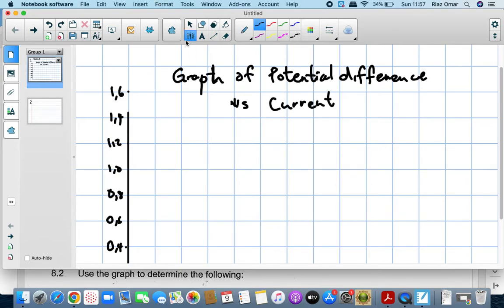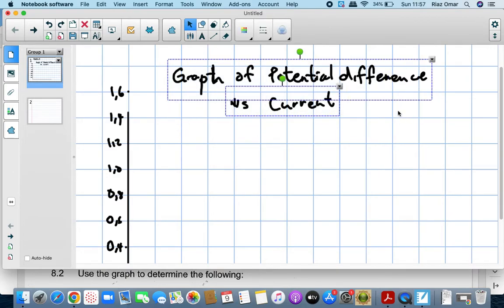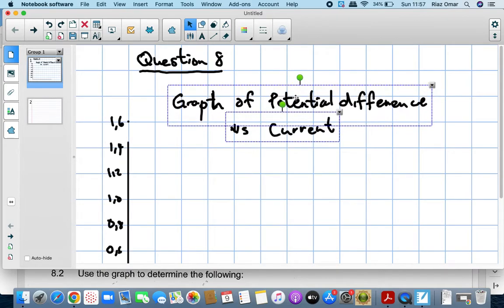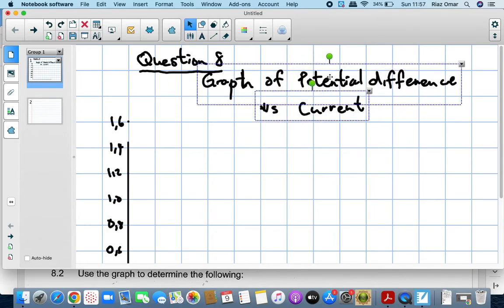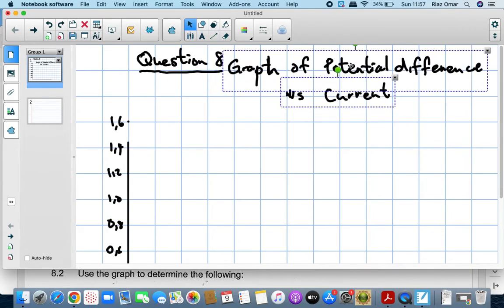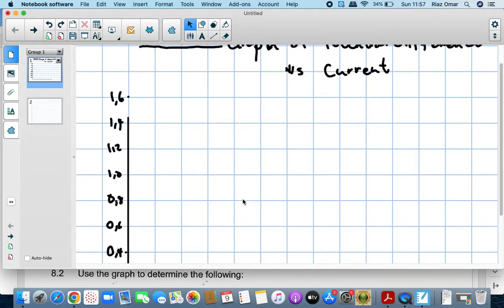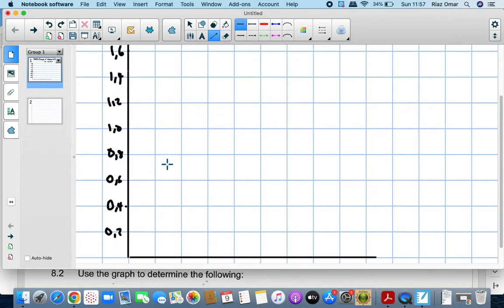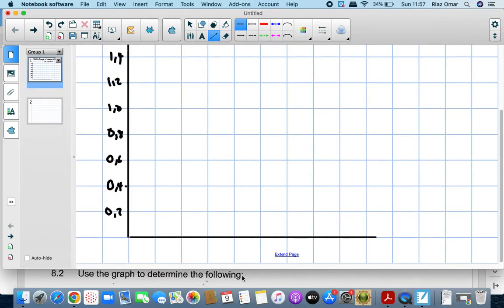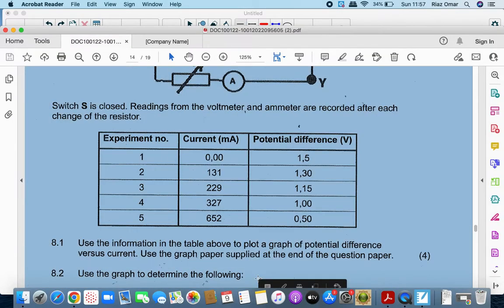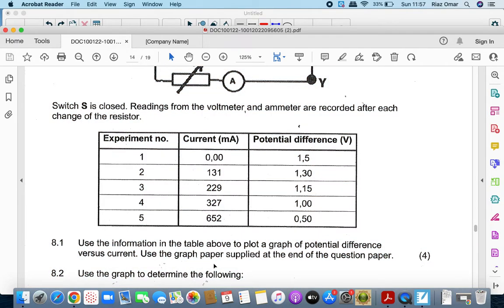Let's just see if we could move this heading. Yes, we can move this heading. Let's take it a bit higher up so that we don't interfere with our graph. I'll just put it there. And then here we can go to 1.4 to 1.6. And then on the other side, we'll have to look at our values that are required. It will be 0,0